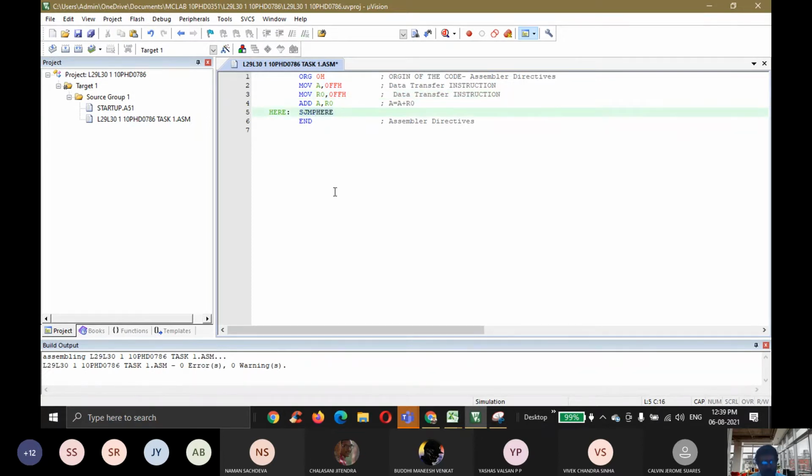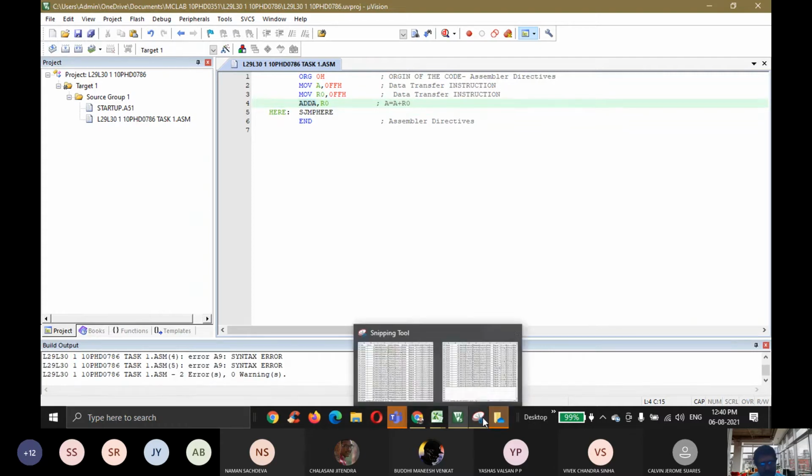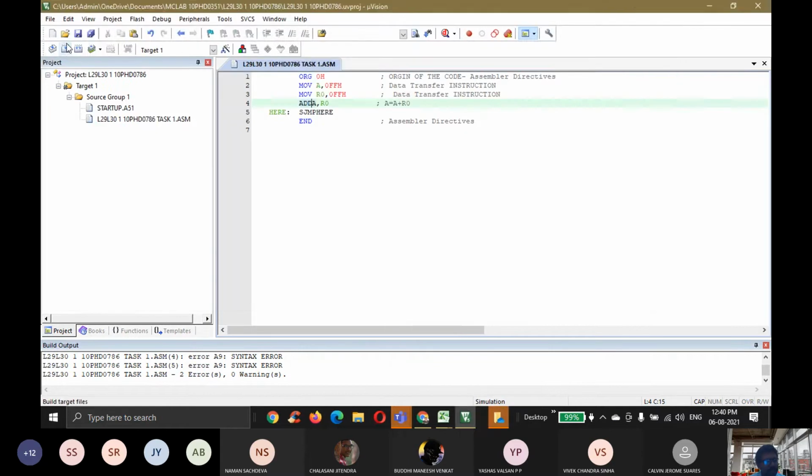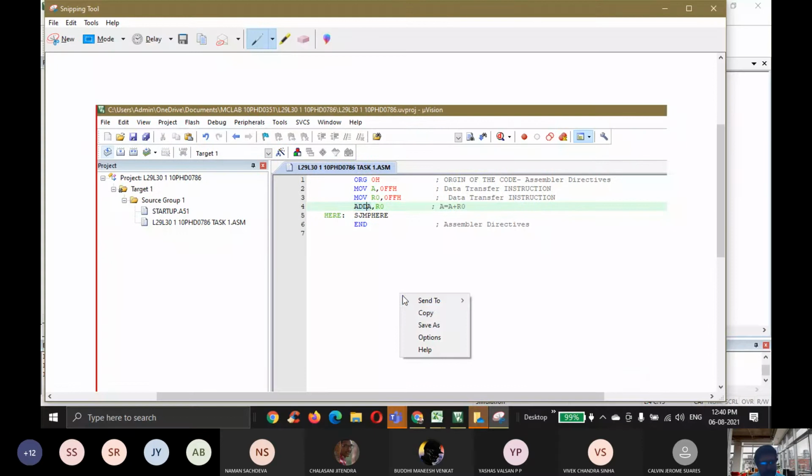Let us take one error. I'm giving like this. I'm saving it. Okay. I am giving like this. Two errors, I am saying. I am compiling. You can see the errors in these lines. Okay, so this is how the errors will look. For your understanding, I am giving the errors.